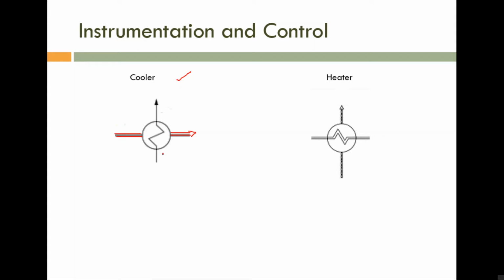Okay, and what is the second thing? If you are considering this heat transfer medium, before and after operation this one is a continuous line, means the phase of heat transfer medium is also not changed. Before and after operation this heat transfer medium remains as liquid, means both process medium and heat transfer medium remain as liquid. So there is no change in phase. So what is happening? Only temperature is changing.